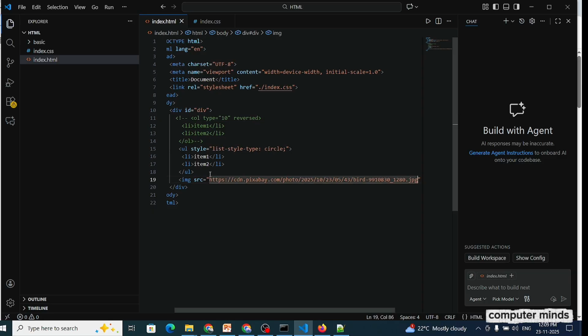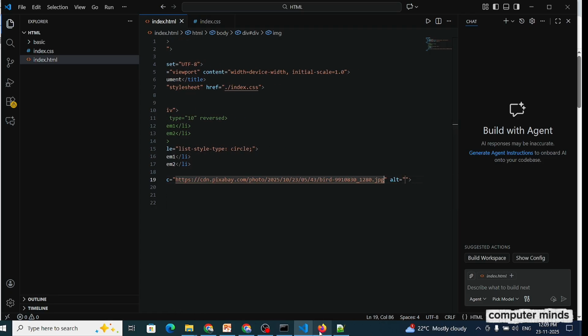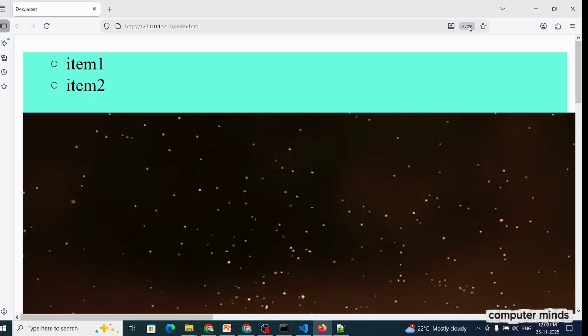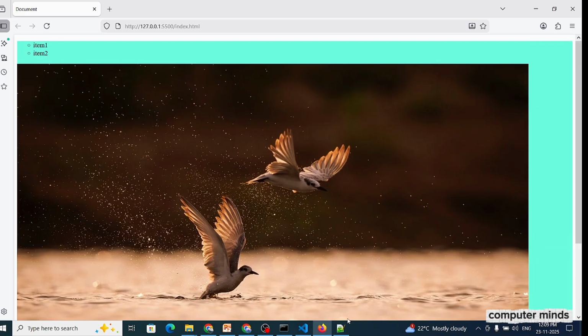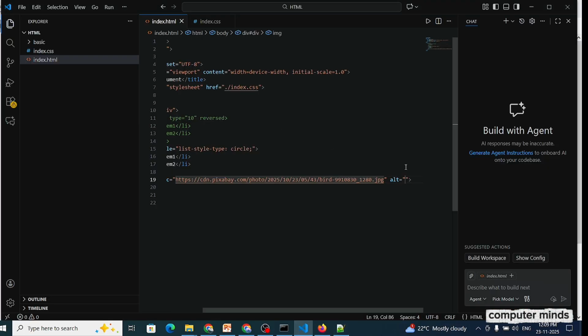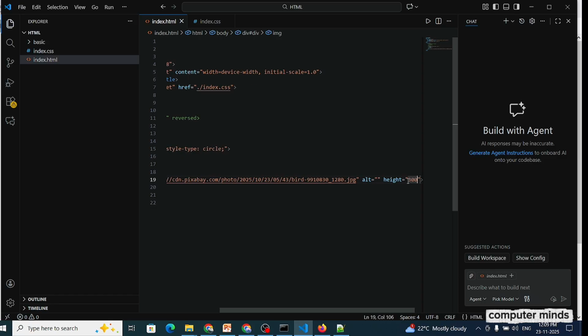In this link, see how it is given like this, full. I am providing the height and width for this image. Height is 300 pixels. Width is also 300 pixels.